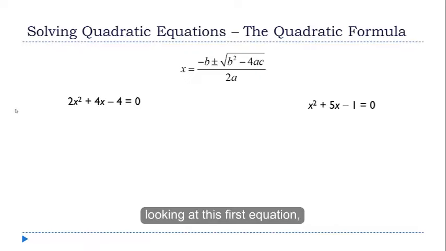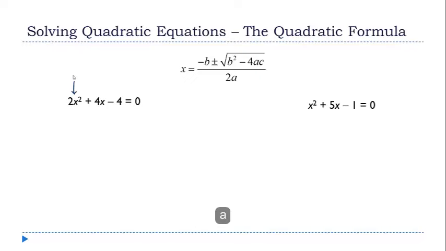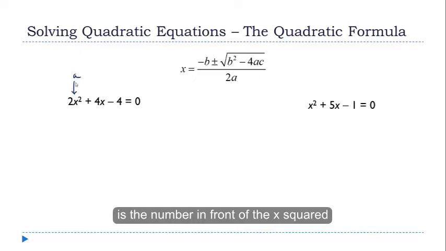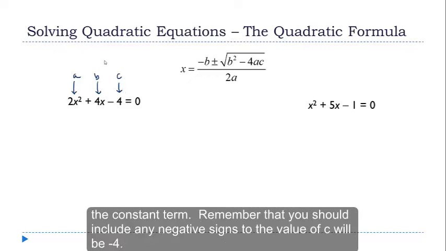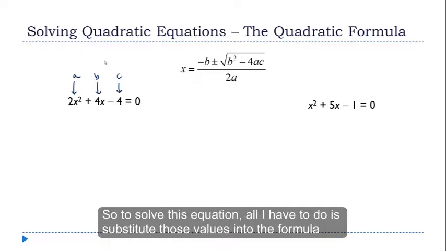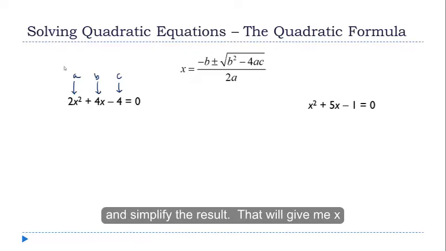For example, looking at this first equation, a is the number in front of the x squared, b is the number in front of the x term, and c is the constant term. Now remember that you should include any negative sign, so the value of c will be negative 4. So to solve this equation, all I have to do is substitute those values into the formula and simplify that result. And that'll give me x